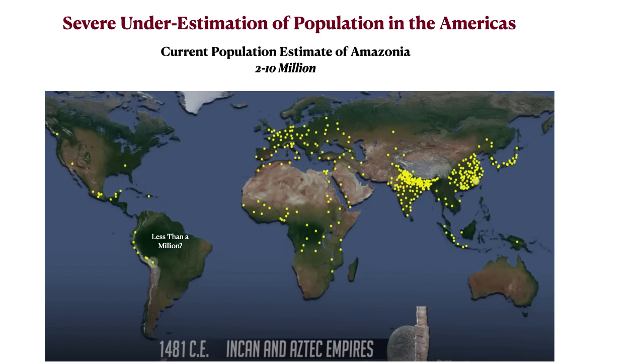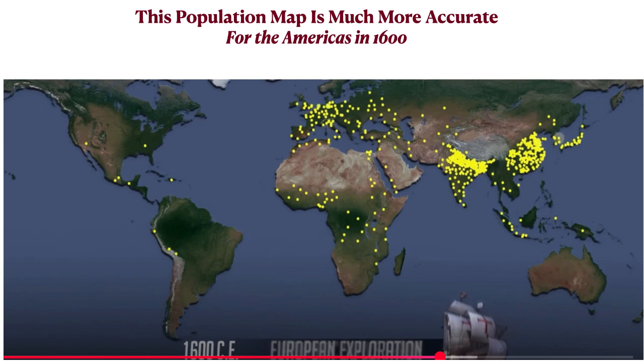And this goes with the traditional view that the Amazon basin, largely covered by rainforest, was pretty much a pristine wilderness with a few scattered populations of agricultural people, who made a lot of their living by hunting and gathering as well. But that seems to be a much more recent development that came after the depopulation. Now, the map in the same series from 1600 is much more accurate, showing only 3 million in both Mesoamerica and the Andean realm, showing the massive depopulation that followed.